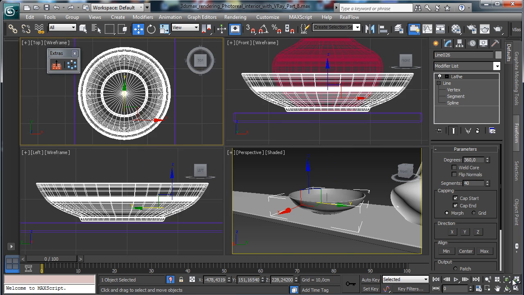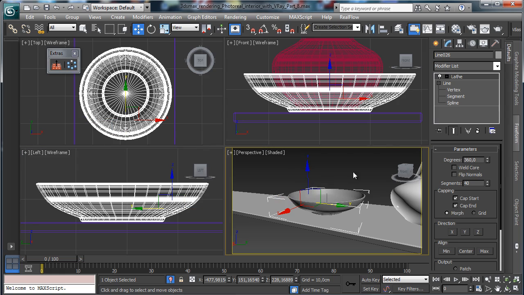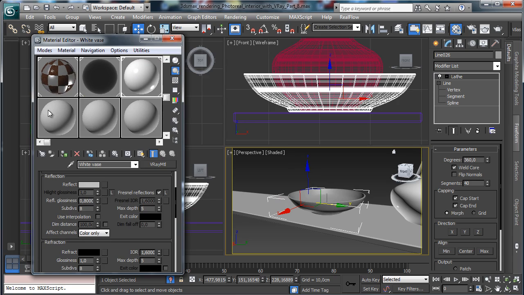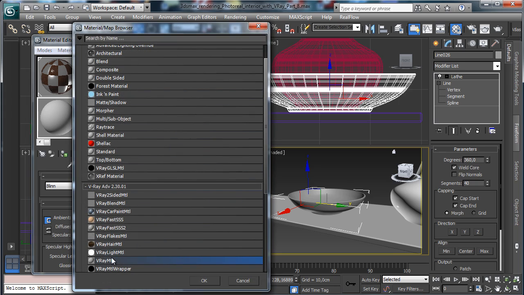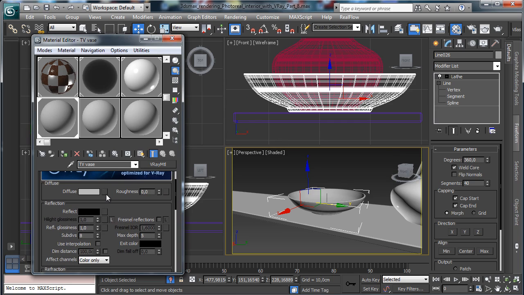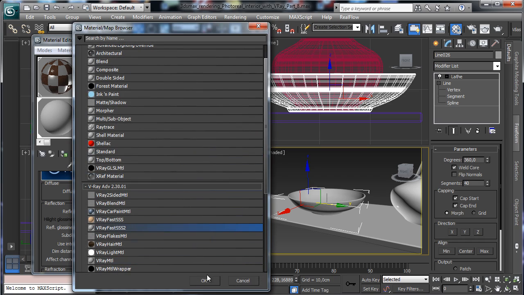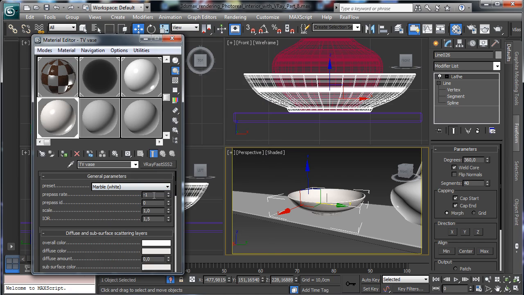Okay, so zoom to all view, and then we can call this one TV vase. We go for a VRay material and assign. To do something fast, let's use a VRay fast surface scattering number 2, and to do something really fast, we can use a marble,